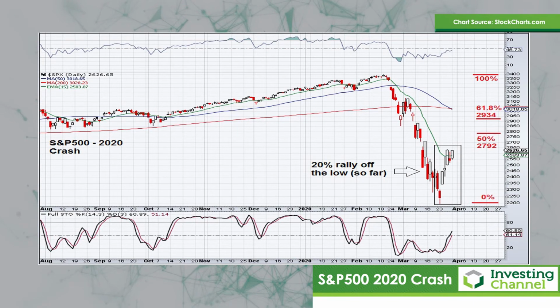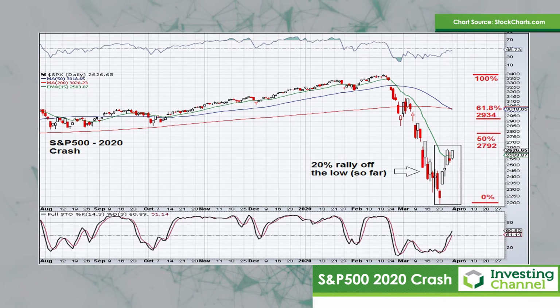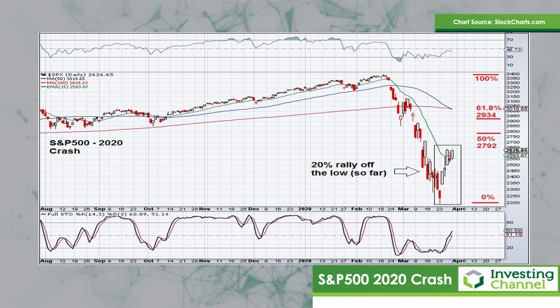What I'll be looking for here is a potential push up towards the 50% retracement of this recent decline. That comes in at just below 2,800, and maybe at a stretch we get a 61.8% retracement, and that would come in at around about 2,934. I think that would really be a stretch to get up there. But if the market starts to head up into that area, then I would possibly look for a reversal to start getting short on the S&P 500.